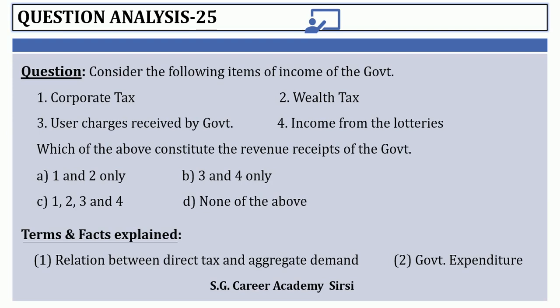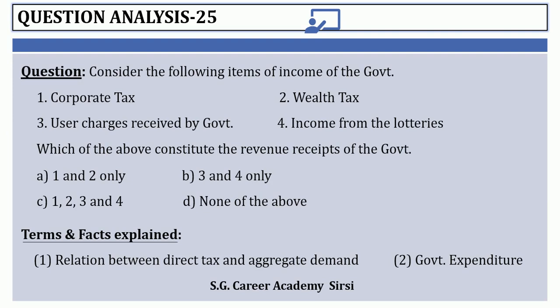Okay. So coming to the terms explained, the revenue receipts means for one financial year, the government receives income in the form of tax as well as non-tax income. That is tax revenue as well as non-tax revenue. So that is exactly what we call the revenue receipts. Same thing for revenue expenditure. Revenue expenditure is made on salary of the employees, allowances, etc. That is called revenue expenditure. So government expenditure is almost synonymous with the revenue expenditure.